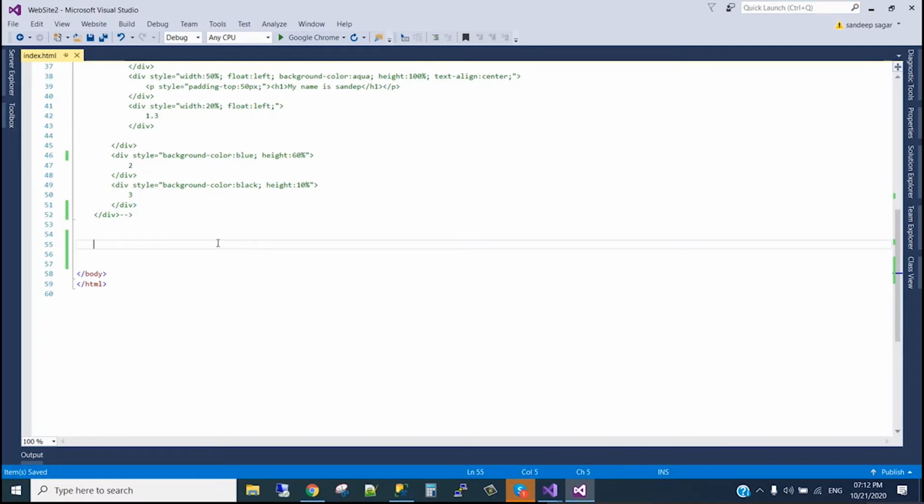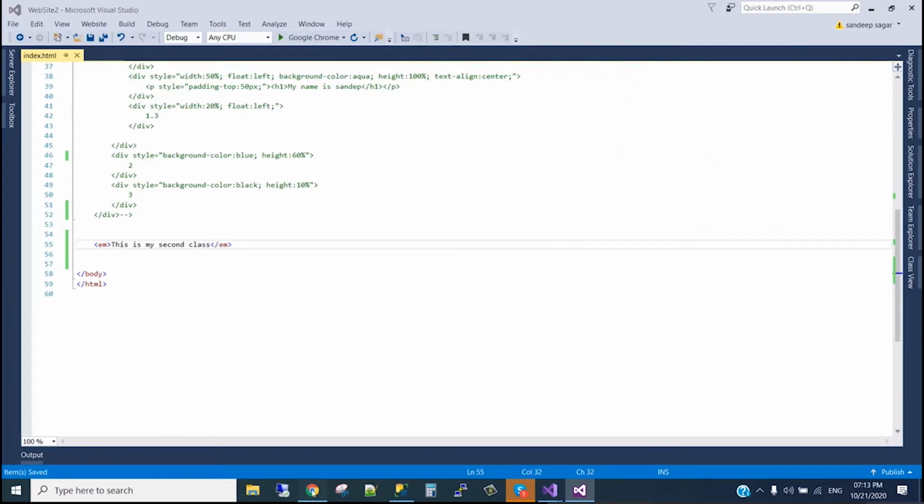The first tag which I have is em. If I write em, then this is my second class.